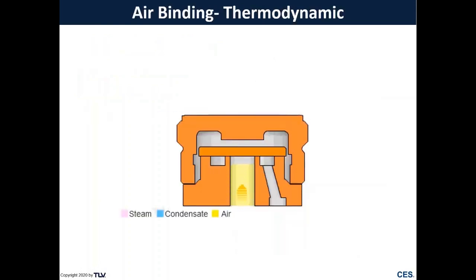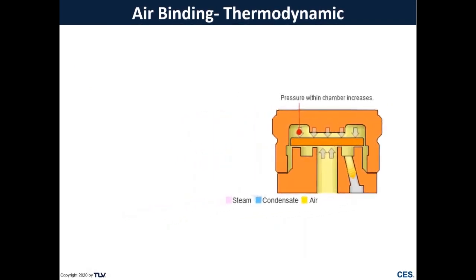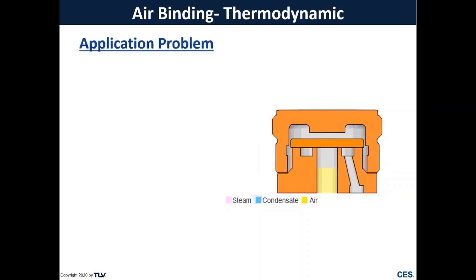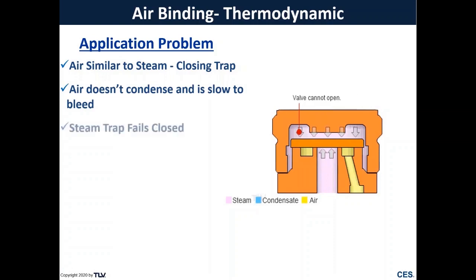Next is going to be air binding with thermodynamic steam traps. As air starts to go into these disc-style steam traps, the air acts in a similar way to the steam, and it causes the steam trap to shut. Well, the air gets on top of that in that control chamber and will end up holding that disc shut. But different from steam, the air does not condense and is slow to bleed through into the discharge. And this causes it to fail closed and not be able to discharge condensate, which causes it to back up